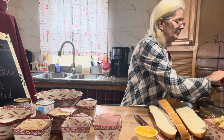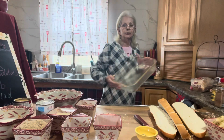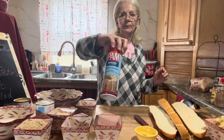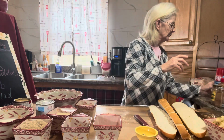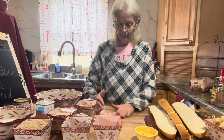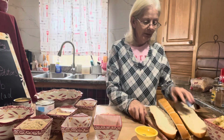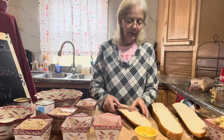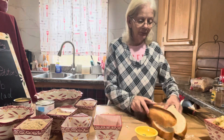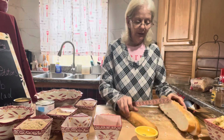And you want to get out a 13 by 9 baking dish, and I just sprayed it with a pan baking spray. And you want to preheat your oven to 350 degrees, okay? All right. And all you do with your bananas is just slice them. All right, all I did was with the French loaf, I just split it lengthwise down into thirds, and now